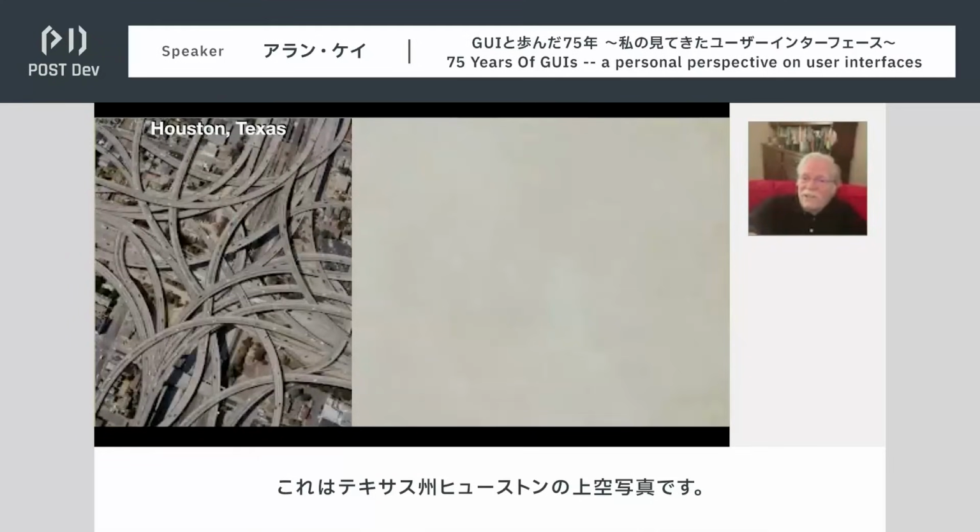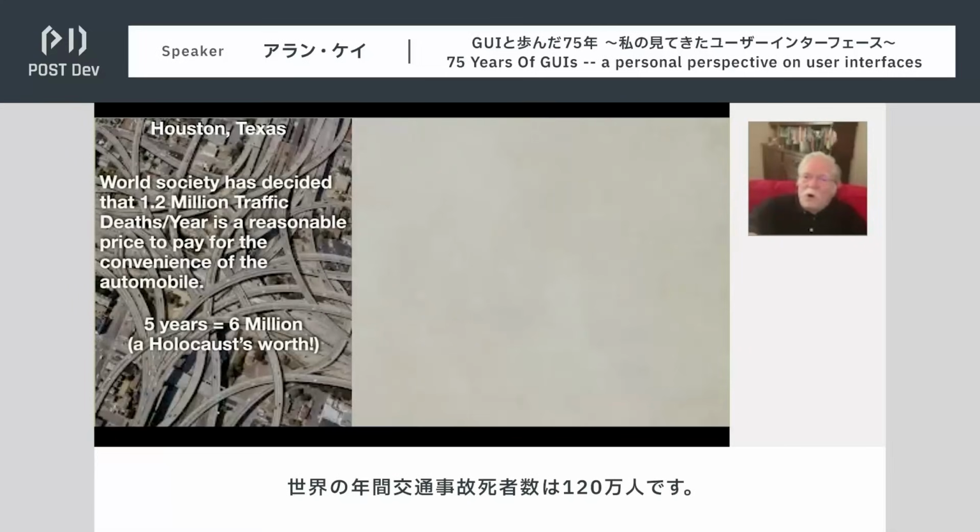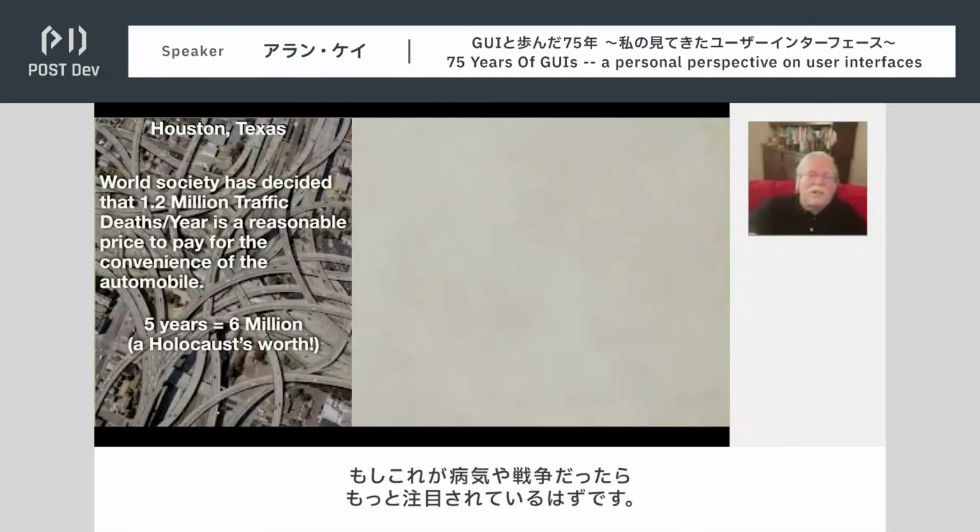This is Houston, Texas, from above. The world yearly traffic death from traffic accidents is 1.2 million, which, if this was a disease or a war, would be paid attention to.